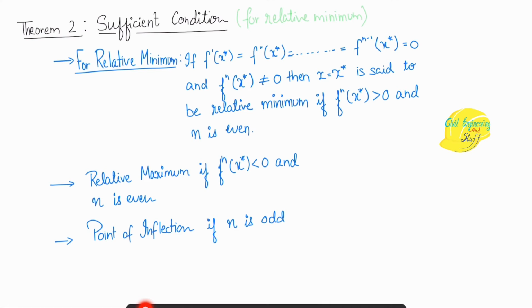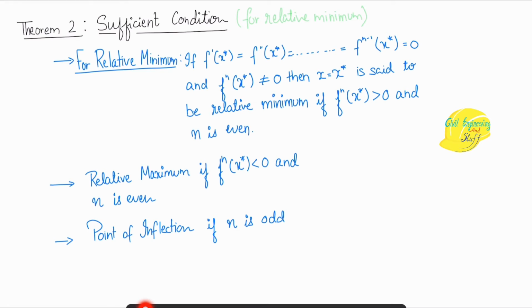So to concretely say that we have a relative minima point or relative maxima point, we also need a sufficient condition. You can treat it like this: suppose you want to get into a university and take a civil engineering branch. What is the necessary condition to get into that university? The necessary condition is that you have to give an entrance exam, right?